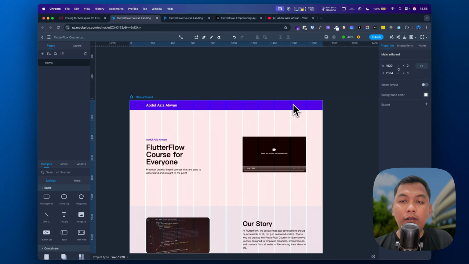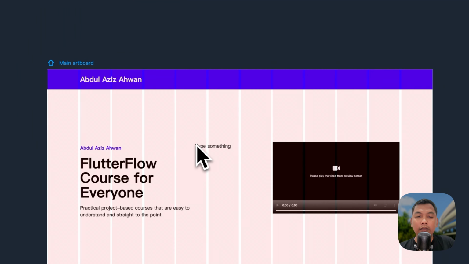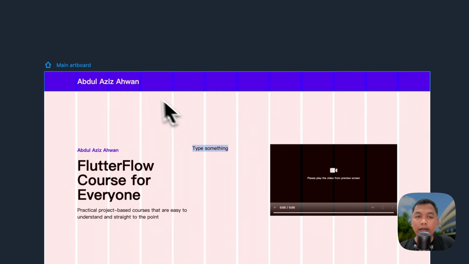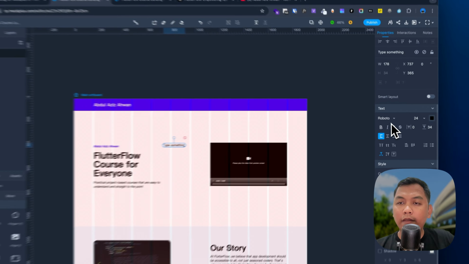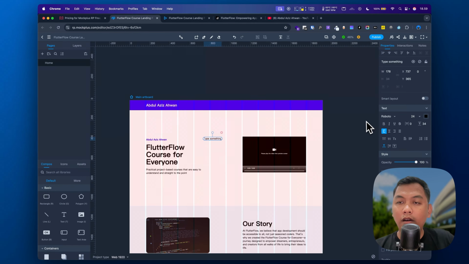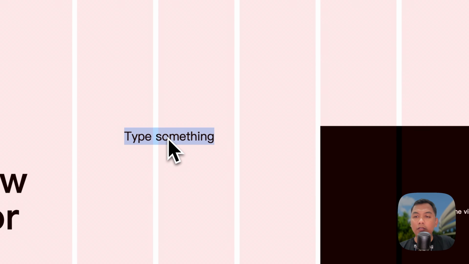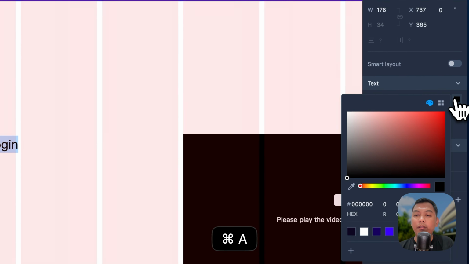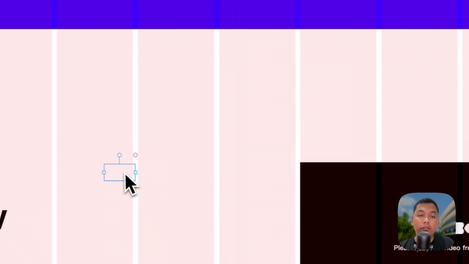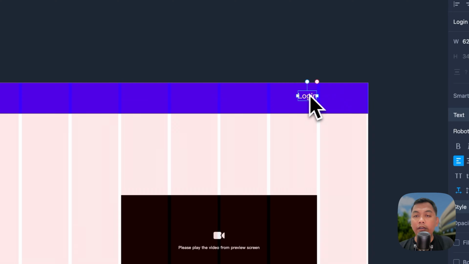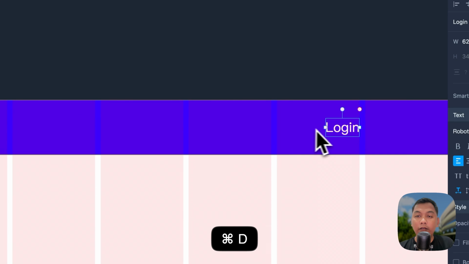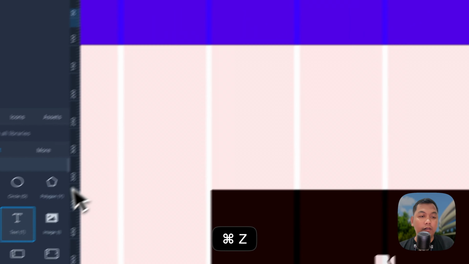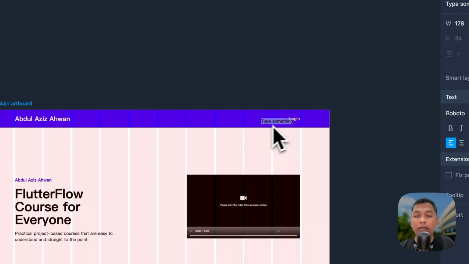Usually it starts from the right, so it will be just a text, and by default is this, but let's, yeah, not bold, so let's say login, and then bring this to here, make it center, and then add another, so let's say